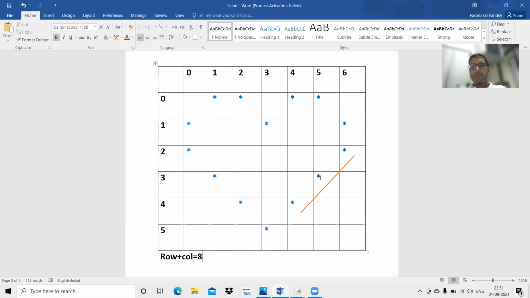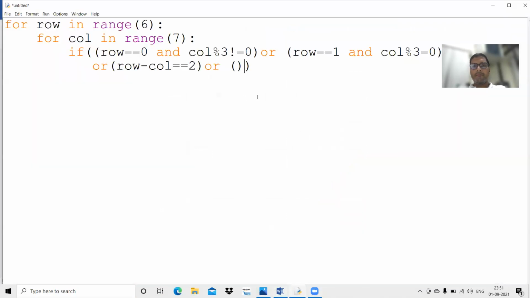So 3 plus 5 is 8. Here, column number is 4, row number is 4. 4 plus 4 is 8. So we want a star when row number plus column number is 8. So row plus column is equal to 8. So in all these cases, we want a star.